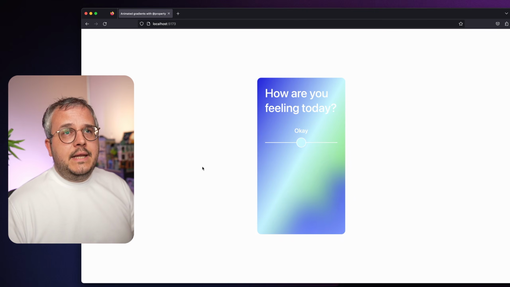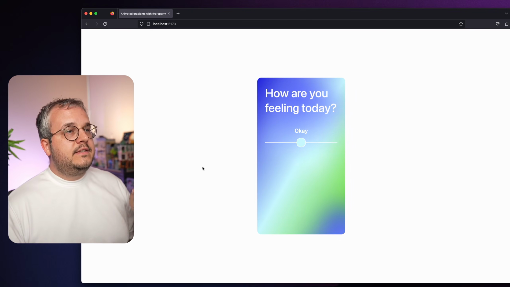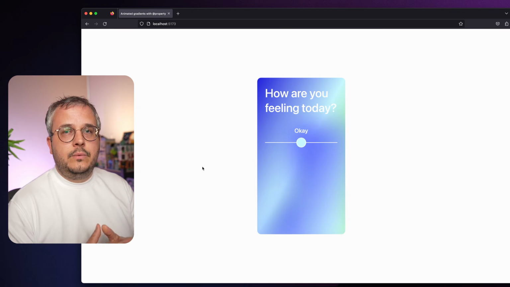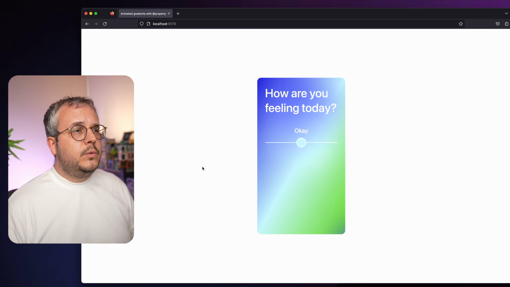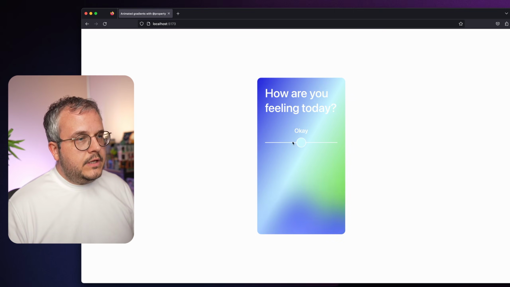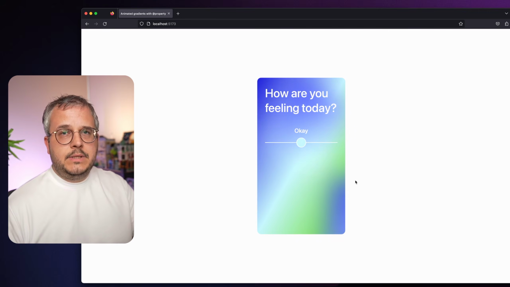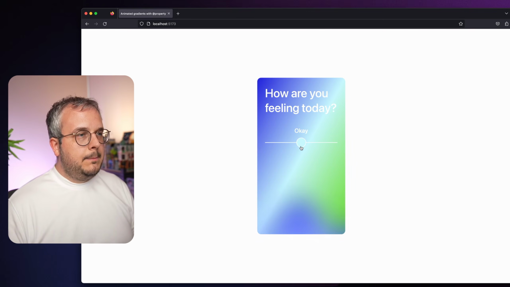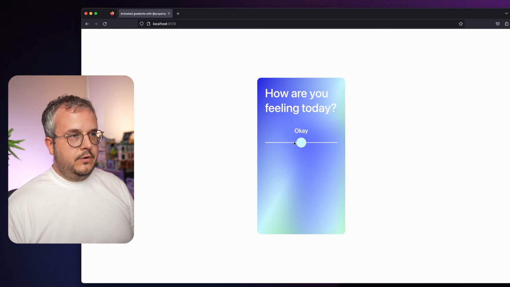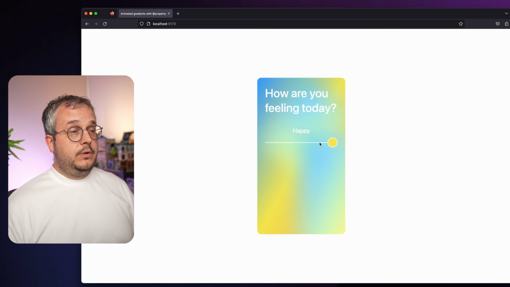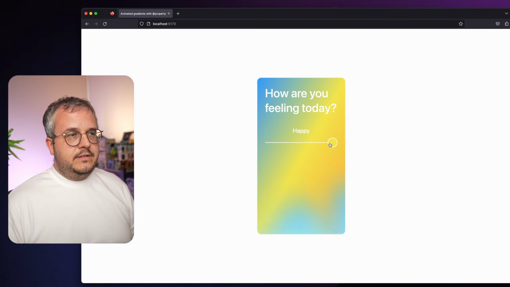One thing I did tell in the beginning though, but might be good to repeat again, is that the current browser support is really good, but it's unfortunately not working in Firefox. So you see that the blobs are working because that's simply moving the pseudo element around. But if I change the slider, you see that the color just switches over instead of animates from one to another. But I think this is still okay.